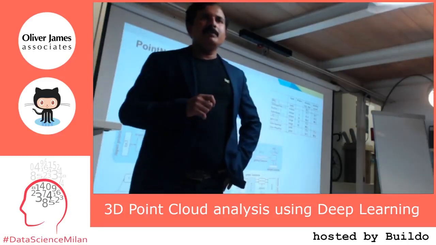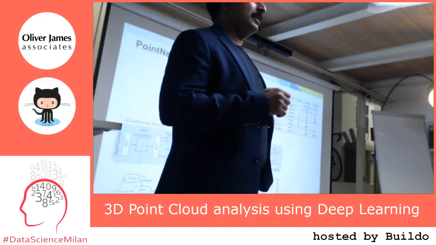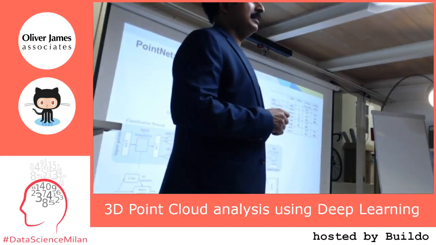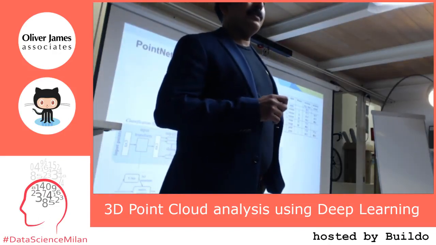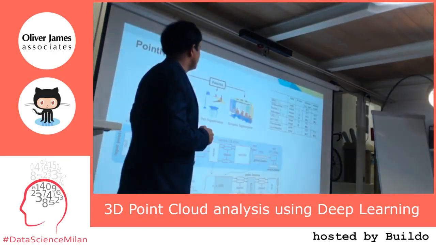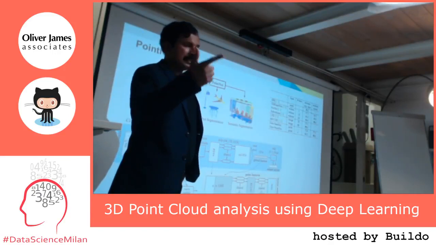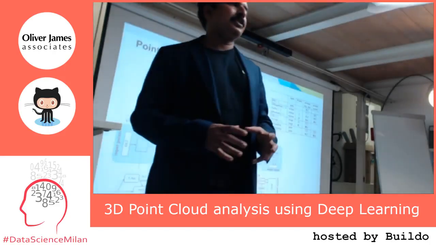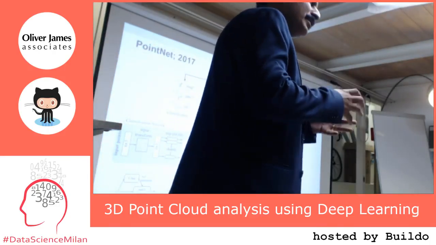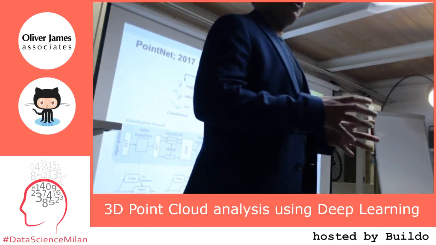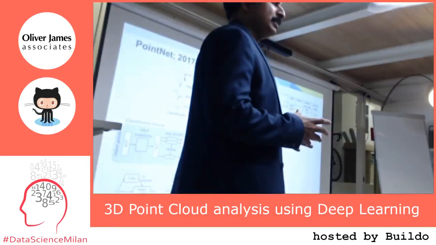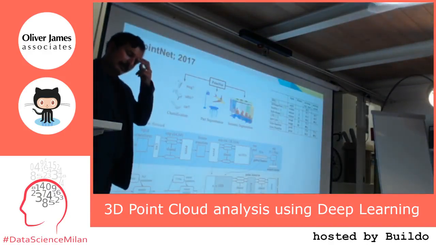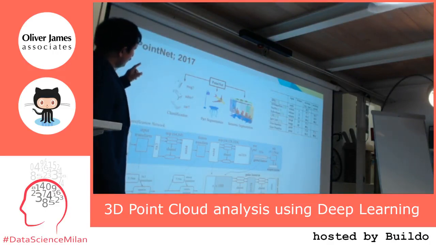2017 PointNet is one of the pioneering papers. If you are interested in point clouds or using any type of 3D image processing, PointNet is one of the first models that made a fantastic contribution towards identifying objects, classification of objects, and semantic segmentation. PointNet also, for the first time, used point clouds in the raw format. No pre-processing of the point cloud was done when PointNet was invented. A couple of students from Stanford published the paper in 2017.